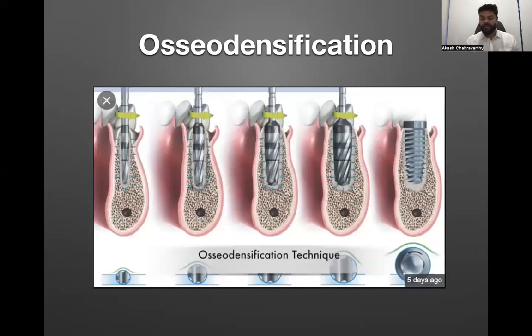Now, the second way to achieve primary stability is through osseodensification. There are a few burs like this called Densah burs. You can use these burs to make a D3 bone into a D2 bone, or a D4 bone into a D3 bone. It improves your stability quite a bit. If you don't have access to Densah burs, you can also use bone expanders, which are used manually with the help of a mallet.